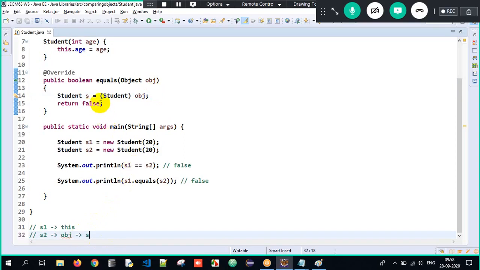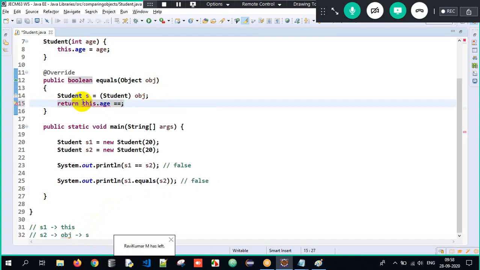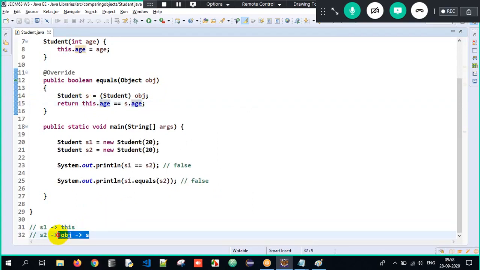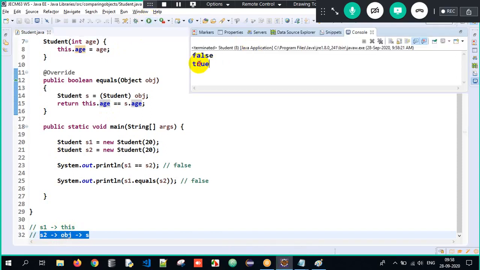So return the current object's age equal to s.age, meaning this is s1, s is obj, and obj is s2. So now when I execute it, look at the output, I get true here.